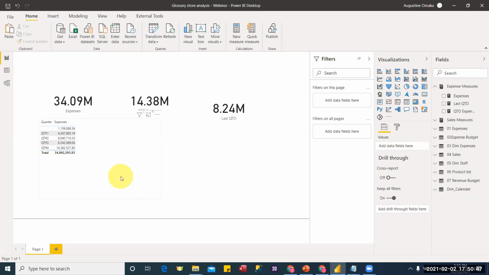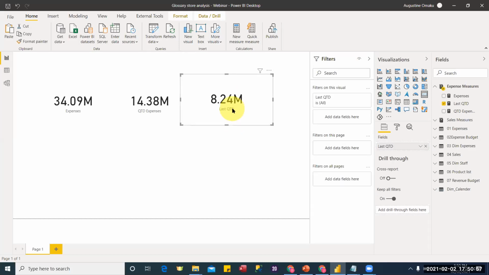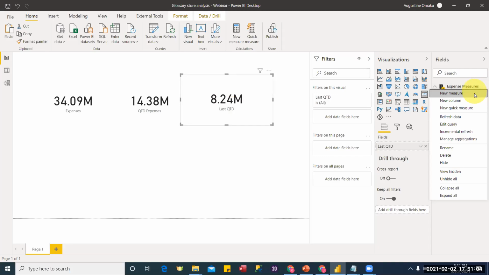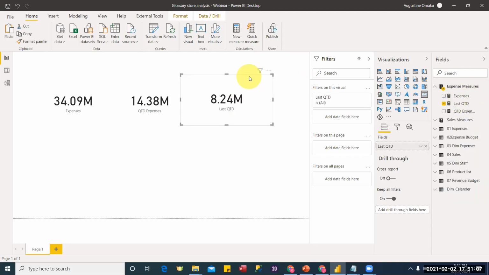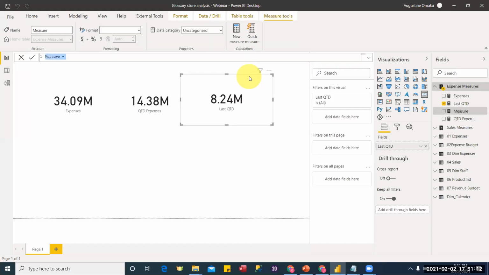So DAX is very powerful, very powerful. This is just to show what we are creating, so that it won't look like rocket science. Another thing we are going to do is create another new measure. We are working with expenses now. We are trying to create all the measures we need to analyze our expense data. So we are going to create quarter to date, QTD,